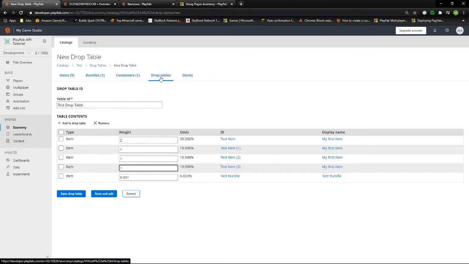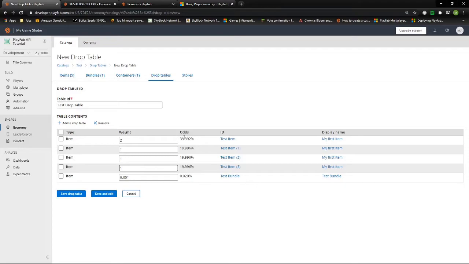And I speak from experience here from working in the past, a lot of countries now have a lot of new laws that require odds to be shown to the players. Now, what this means is that you have to physically, for every single prize that's available in a drop table or in like a random chance thing, it has to be shown to the player somewhere what the chances